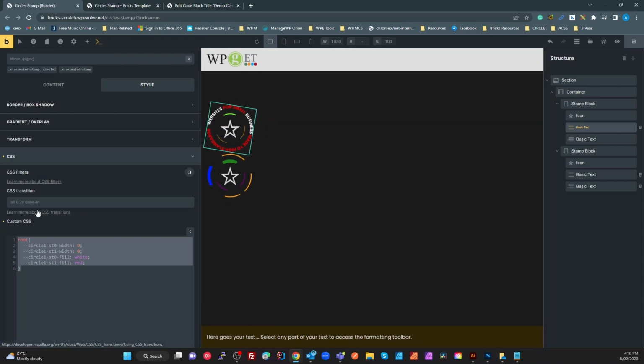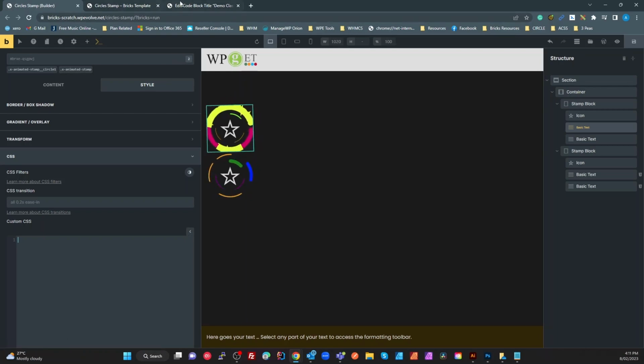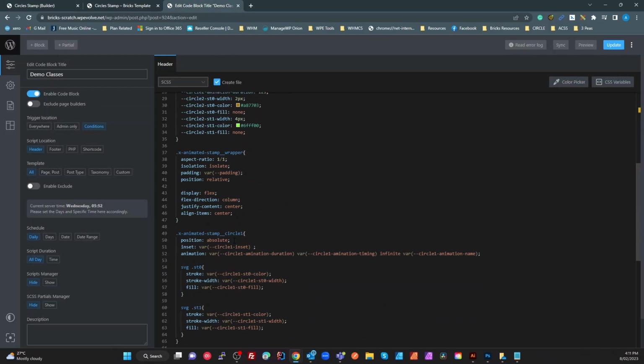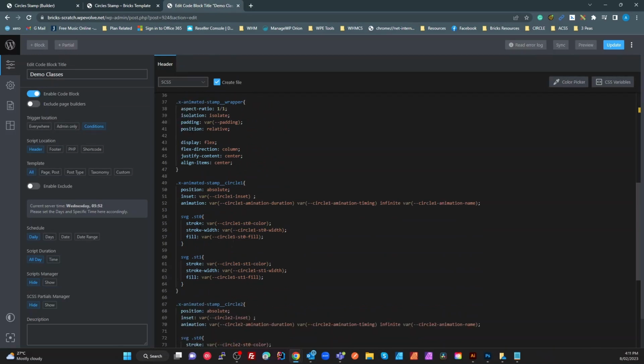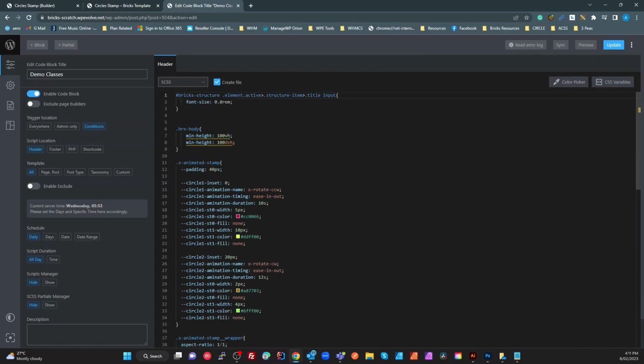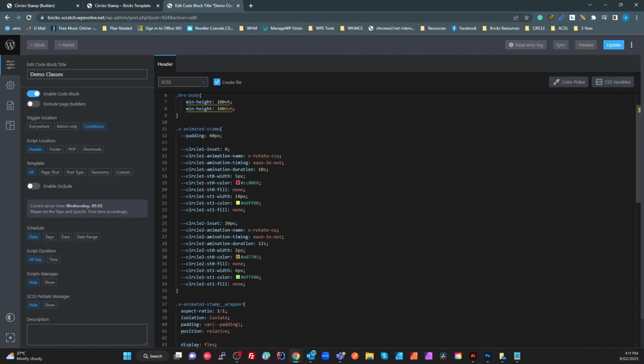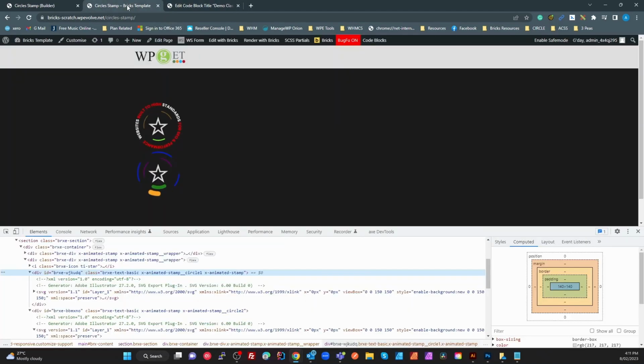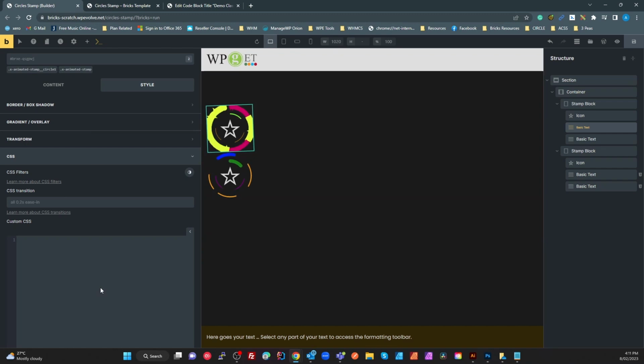If I take all this out here, it looks all messed up. Now, the reason for that is because I'm defaulting to setting some colors and stroke widths. And if we look at the code here, my ST0, ST1 here, I'm setting the stroke to the stroke width, stroke to the color, and the fill is by default none on both of these. So I'm favoring stroke because I'm using this mostly for the broken outlines. But what we need to do is we need to tell it that for this particular one, we want to